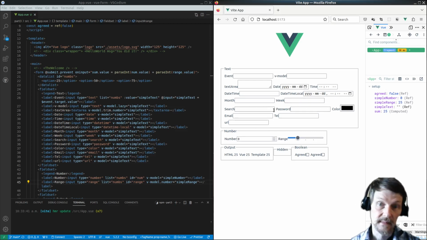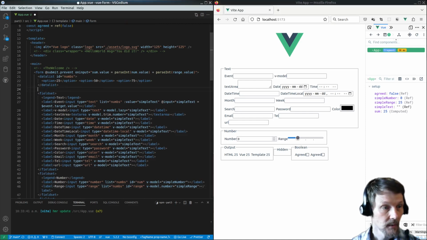Now we could keep doing this for almost all the input fields. It won't work with text area because text area is not an input field, and it won't work with password because you don't want to be giving suggested values for a password. Color, that's a nice one to look at. You should try that one out yourself. Put a little color code option and see what that looks like. All right, we're going to be moving on